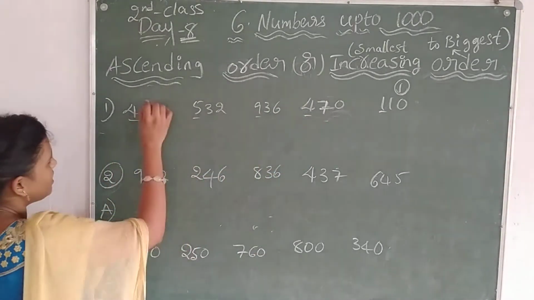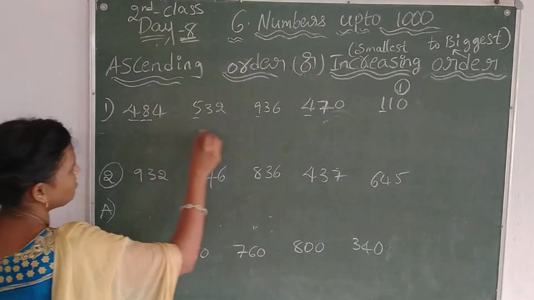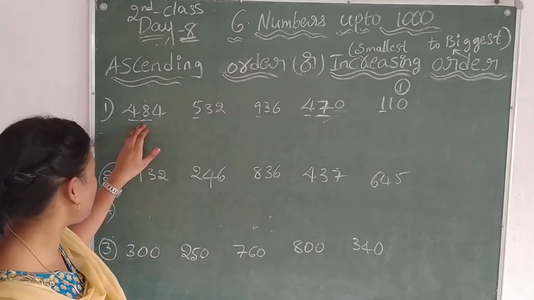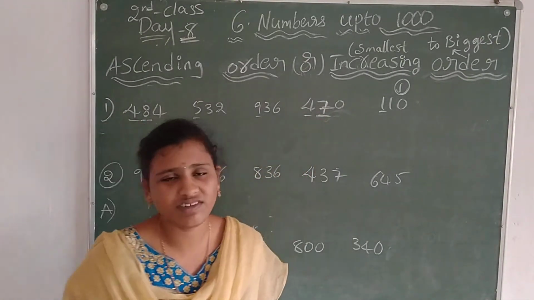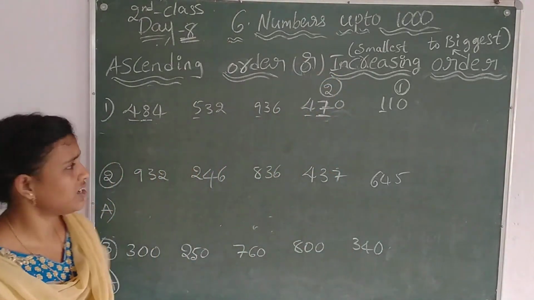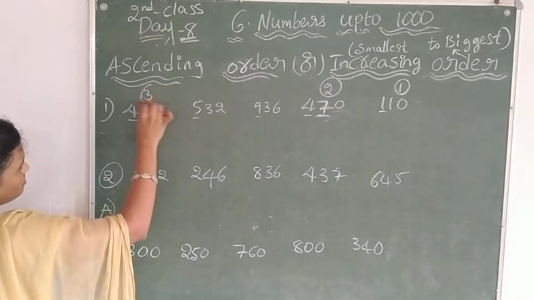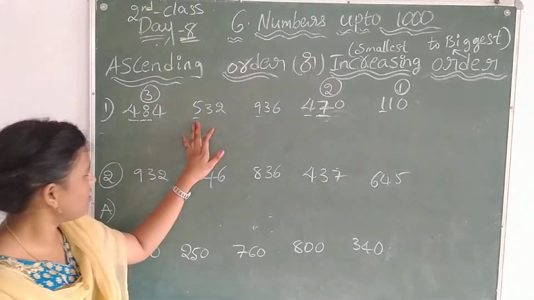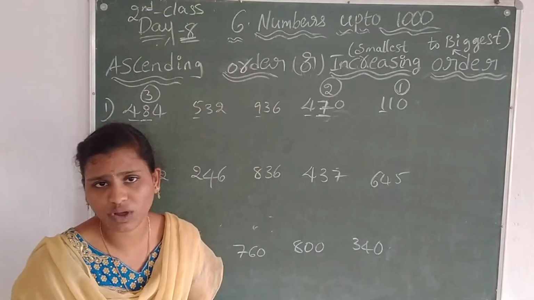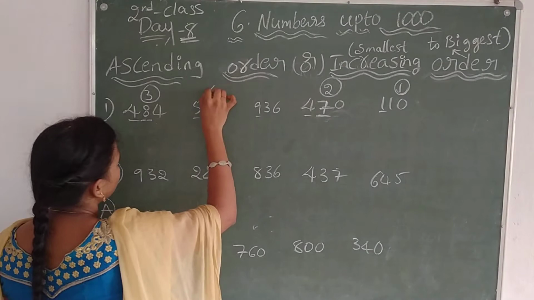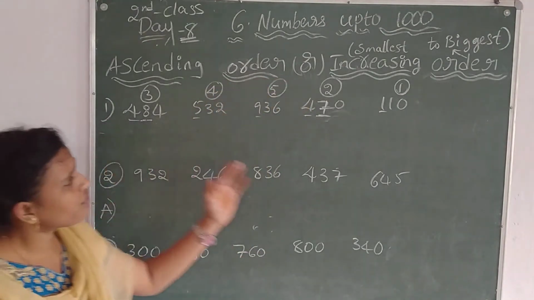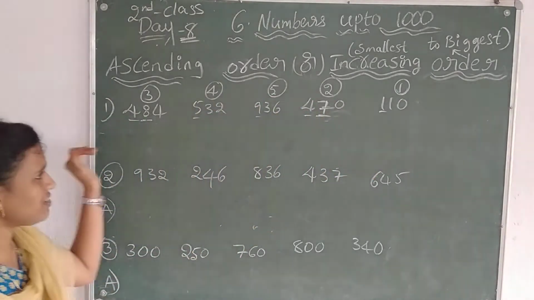That's why take these two numbers and check the second digit, that means the left side second digit. What is the digit? Here 8, here 7. Which is smaller? 7 is smaller. That's why 2 and circle. The next one is 3. Circle. See here 5 and 9. The first digits are 5 and 9. Which is smaller? 5. So fourth one. Circle. 5. Circle. So write from 1 to 5 numbers.